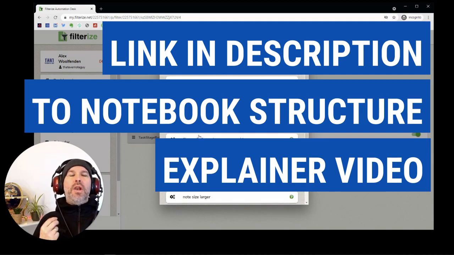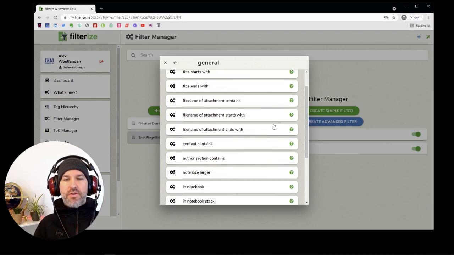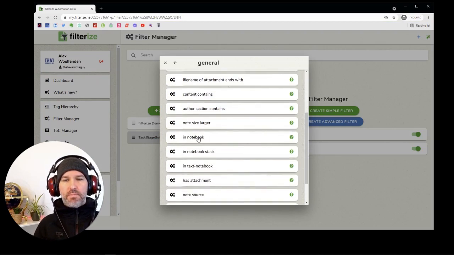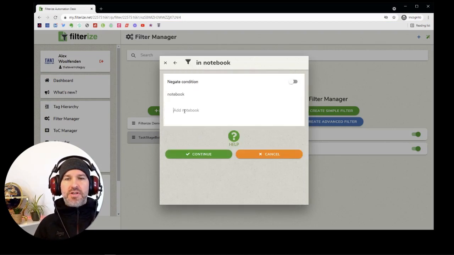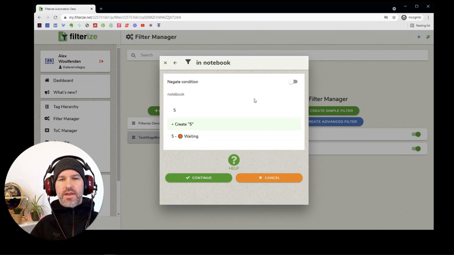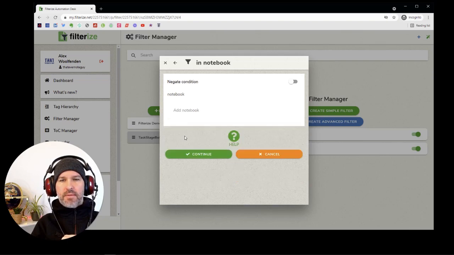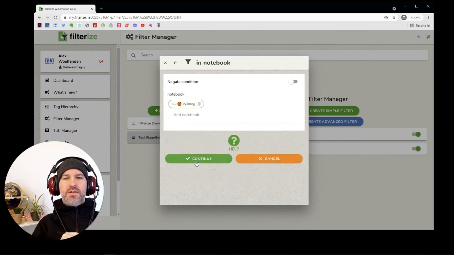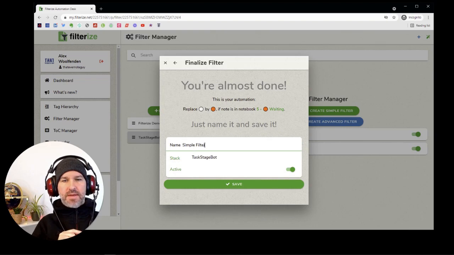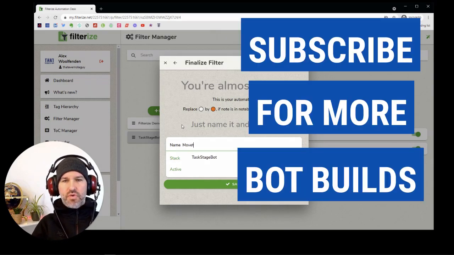So the logic we're going to use is general in notebook, and then we just add our notebook. If I'm not mistaken, waiting notebook is number 5. So if I put a 5 in there, yeah, it goes and searches for all the notebooks that you have set up and brings back the one you want. So we want number 5 waiting there, and continue. And almost forgot to give it a name again, so we'll call this move to waiting